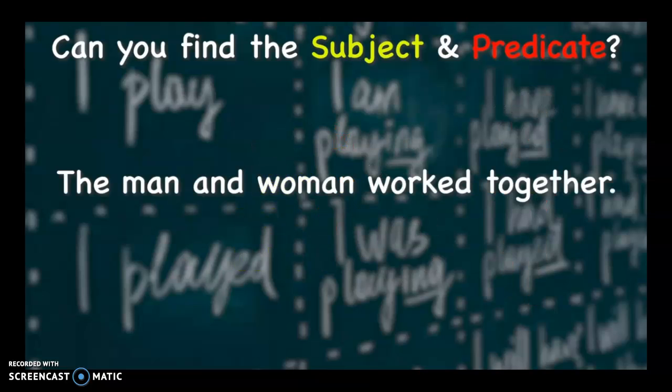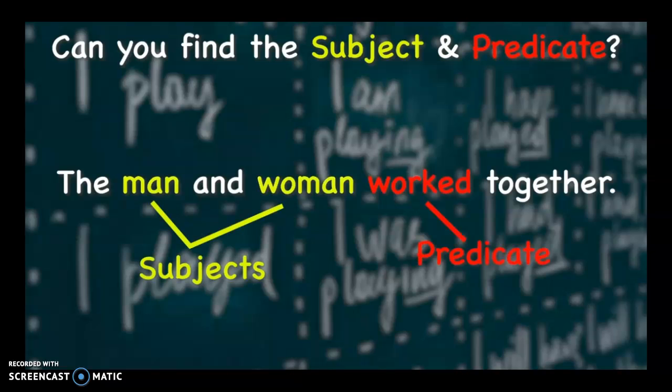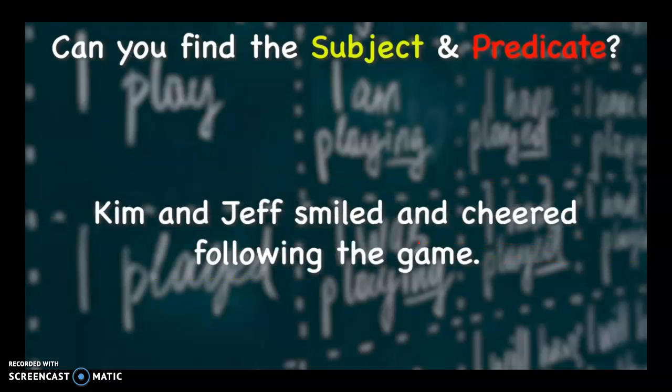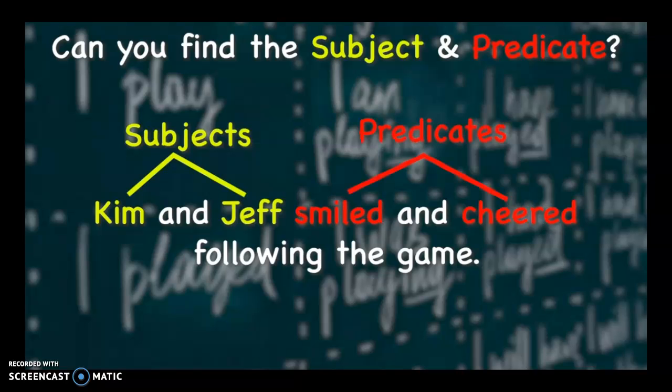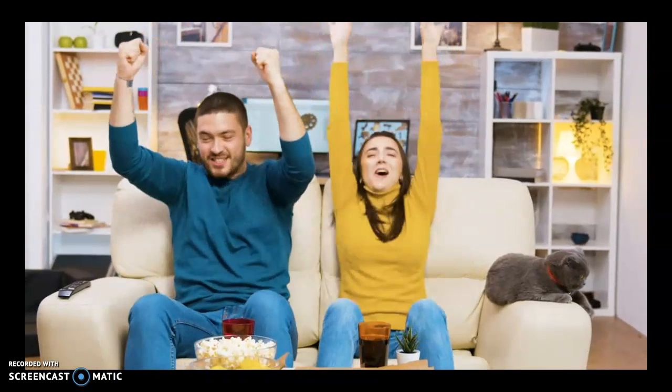How about the man and woman work together? The subjects are man and woman, and the predicate or verb is worked. One last example. Kim and Jeff smiled and cheered following the game. In that simple sentence, Kim and Jeff are the subjects, and smiled and cheered are the predicates. Hey, it must have been a good game. As you can see,